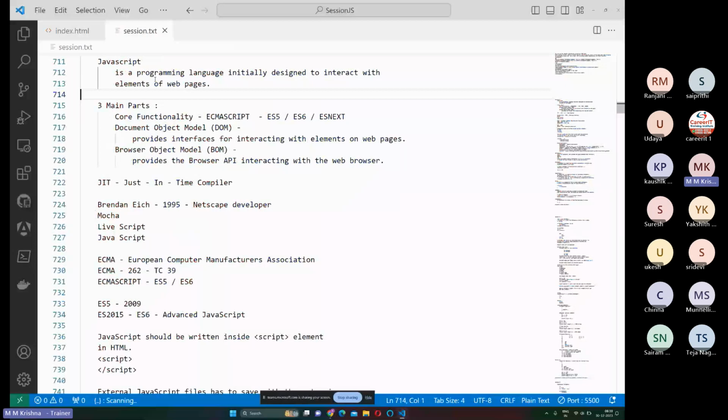It was first started by Brendan Eich in 1995, a Netscape developer, and initially it was named Mocha, then renamed LiveScript, and then standardized as JavaScript. All this JavaScript standardization is taken care of by an association called ECMA, which is the European Computers Manufacturers Association, ECMA, and in their ECMA